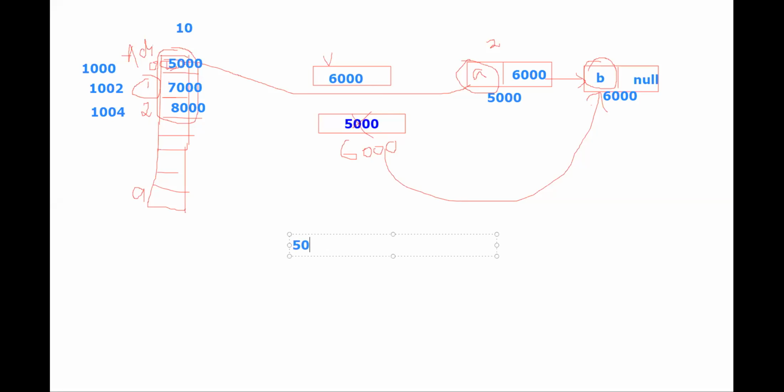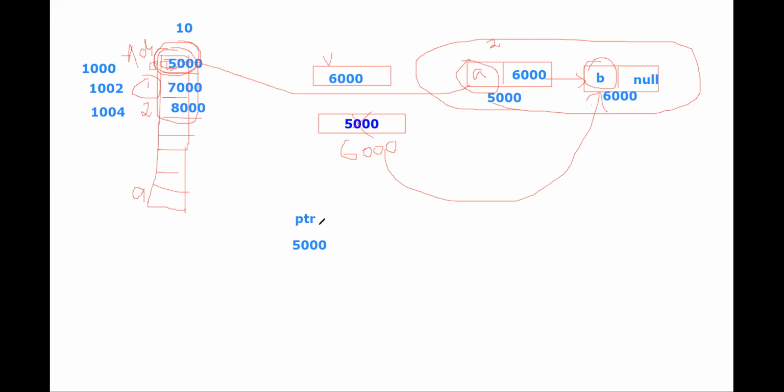So 5000. So the pointer is pointing to nothing but adjacency 0. Once I get the starting address, I can easily traverse these 2 nodes, right? Once I know the starting address 5000, with this what can I do? I can easily traverse the adjacent nodes of the vertex 0.